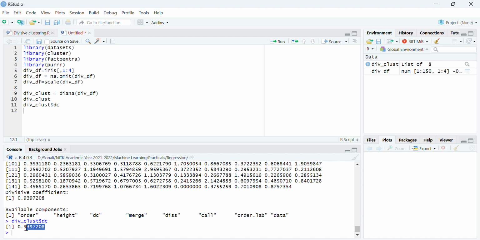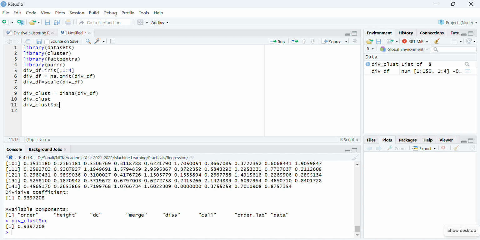If you have not seen my video on the theory, please go through it. The DC value will tell you the divisive coefficient, that is, how well the clusters are being formed.